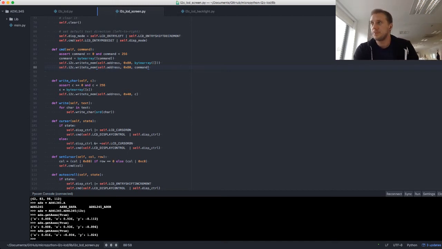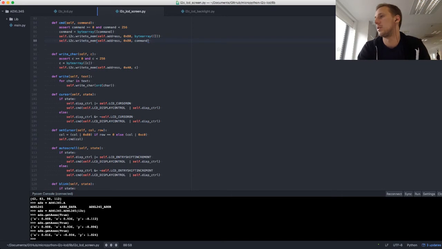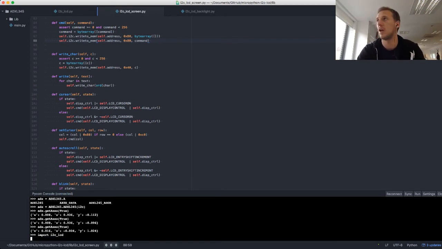So let's have a look at importing the I2C library, and then we can show you it doing some stuff on the hovercam, just to show you that what I've written does actually work. So let's import that. Import I2C LCD. Okay, so we've got that library. And then we can also pass the same I2C object that we were using earlier for the accelerometer. So we can do,